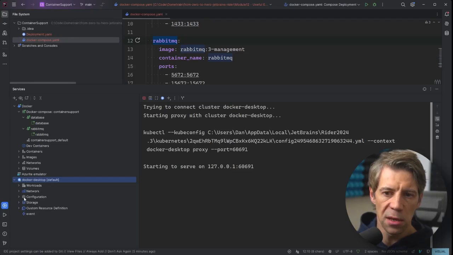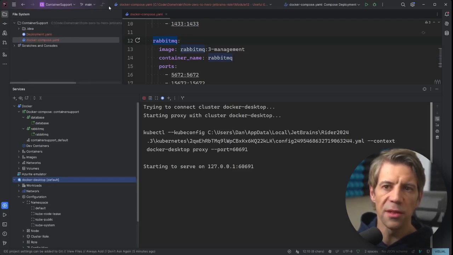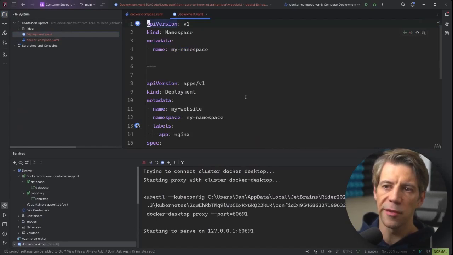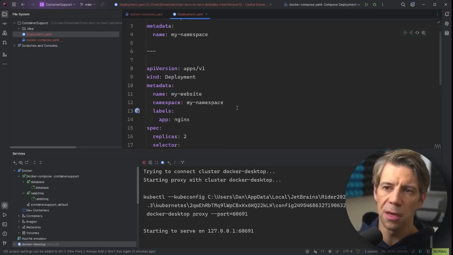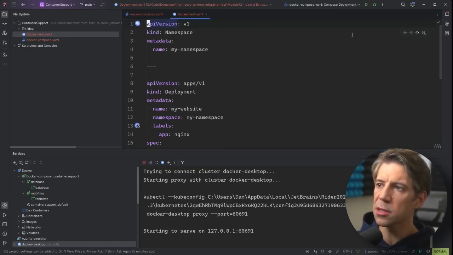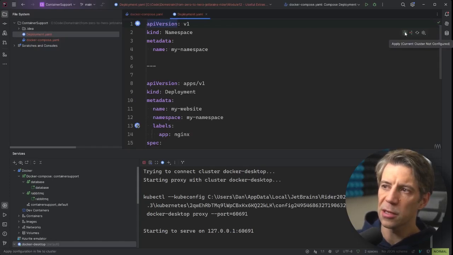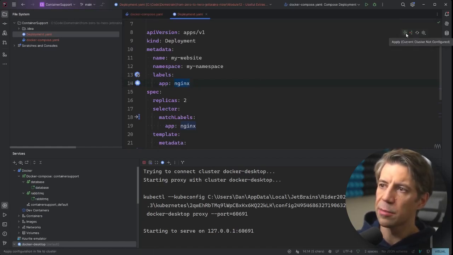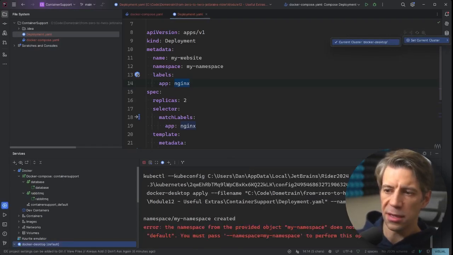I can see information like my namespaces. Within the folder in the GitHub repository associated with this video, that's container support. We've got deployment. Let's bring this down a bit. Then I've got a very simple Kubernetes YAML file, which does a namespace and a deployment. You can see we've got icons in the gutter, which do things. On the right-hand side, I can apply this to the current cluster. So I can apply this YAML file to create those resources. This is just going to be a pod, which is Nginx, called my website. If I click the apply here and set the current cluster to Docker Desktop, that's now failed because I've got